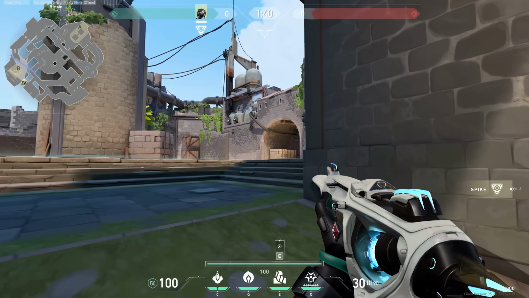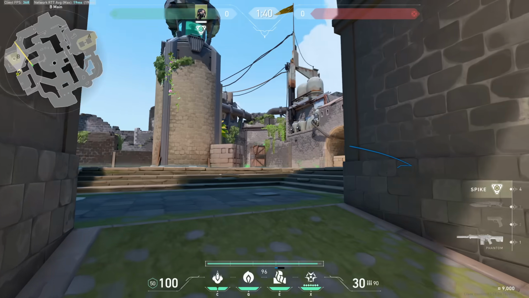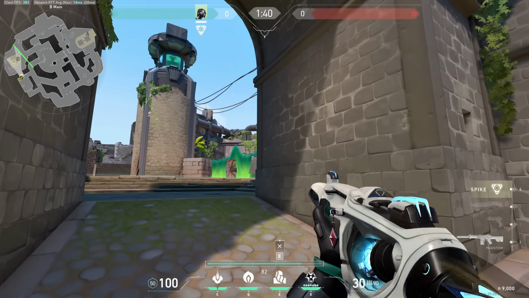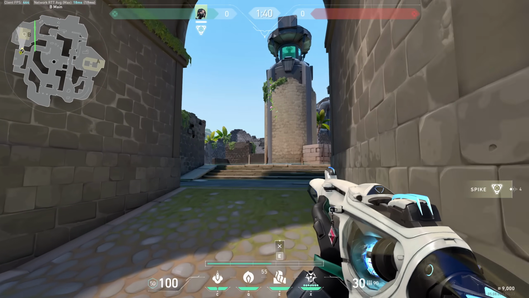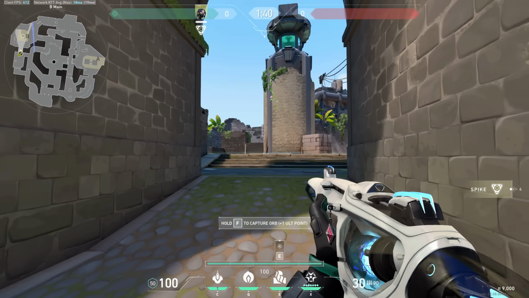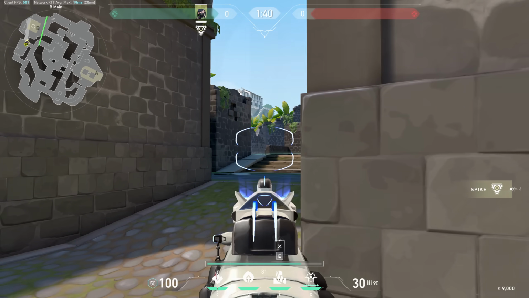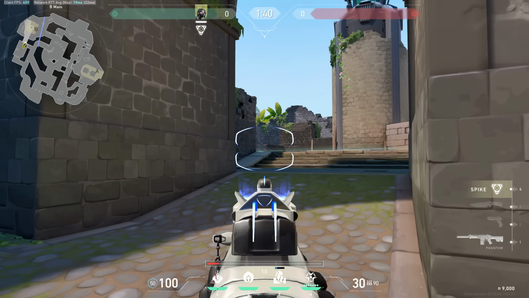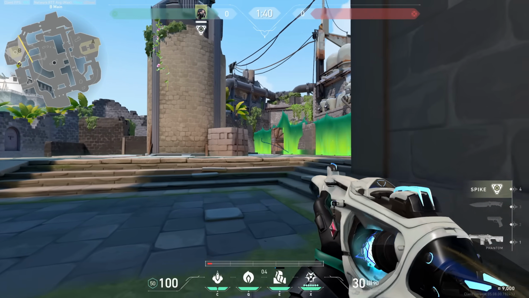But in most situations, you don't really want to clear close with your mollies, because you can have a Fade dogging, you can have Sova reveal, we have all those abilities. So leave that to the sentinels or initiators and focus on mollying where you think the enemies can pop up, like for instance backside, or maybe they're gonna swing out all the way back there, so you can combine it